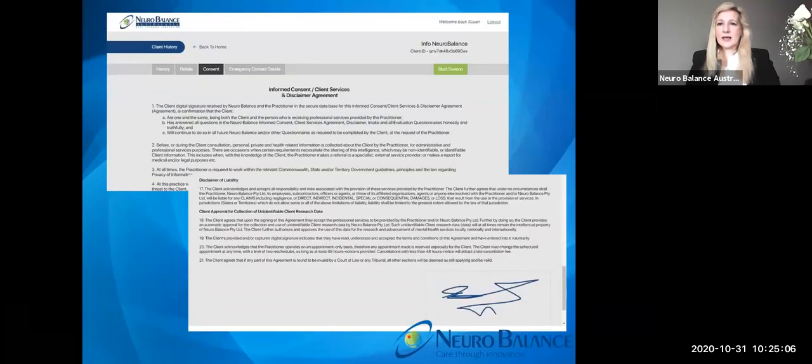So just a quick recap. This is what the informed consent looks like. As we said earlier, it has been developed by a barrister and solicitor and is very legally binding. Fantastic for when your files are subpoenaed or required for whatever reason. You can actually assess through the informed consent whether you do actually need to hand over those notes or not.